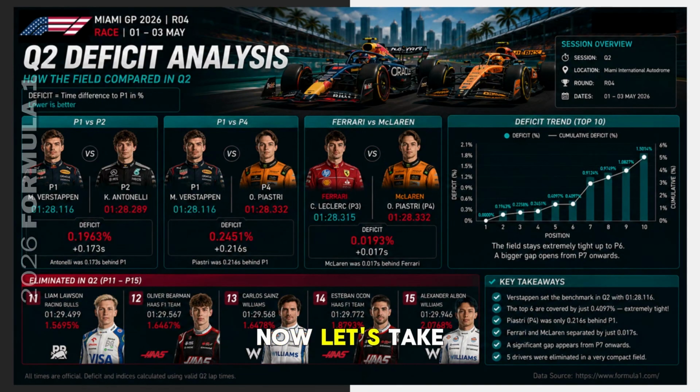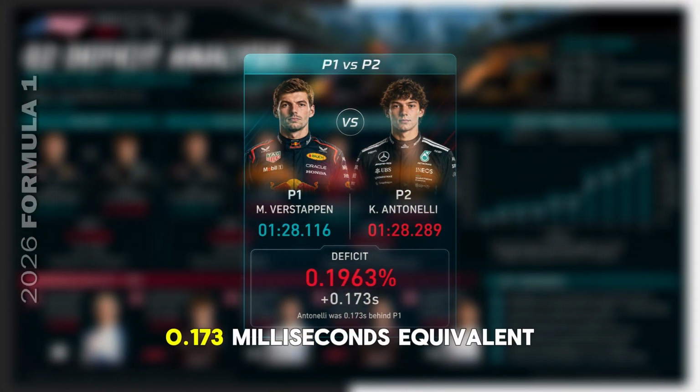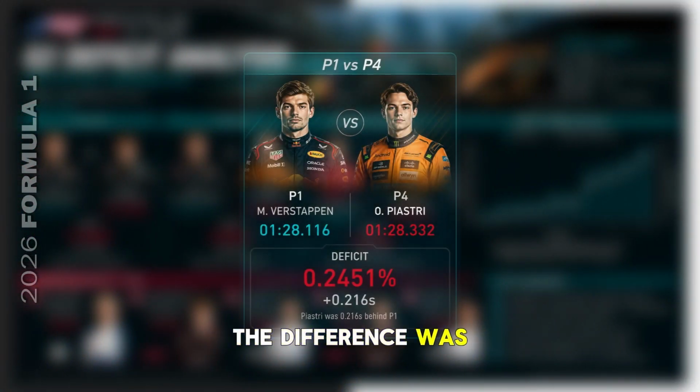Now, let's take a closer look at what happened between the drivers within the top four. Between Verstappen and Antonelli, the gap was 0.173 milliseconds, equivalent to 0.1963%. P1 versus P4. Between Verstappen and Piastri, the difference was 0.216 milliseconds or